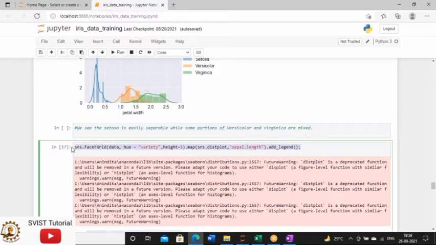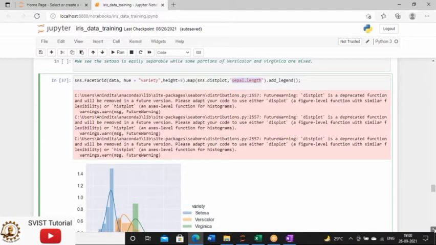So here the first question that will come in your interview is, what kind of plot is your facet grid plot? Your answer will be: facet grid plot will take only one feature attribute at a time, right? This one is not your feature. On the basis of this column, I am just segregating these three species. This column is helping us to differentiate the species, but I am analyzing this attribute only. At a time it will take only one attribute. That's why we can say that facet grid is one kind of univariate analysis.